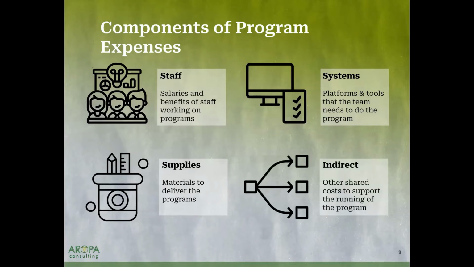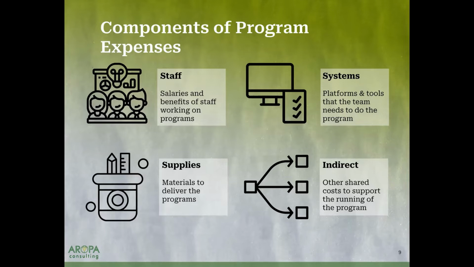And lastly, indirect costs. And we're going to talk a little bit more about indirect costs. This can be confusing. Indirect costs are costs that are shared by either multiple programs, multiple departments, or just across the organization. Great example is rent. If you have a building and inside that building you have your program team, but then you also have your administrative team, right? All of your operations folks, and then you have your development or fundraising team. All of those individuals are sharing that particular space.